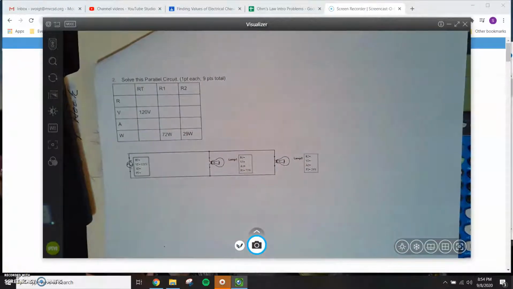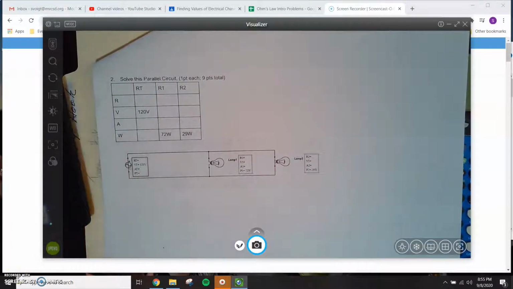All right, electricity class. This is a problem I wanted you to do as practice. It looks a little bit different than the other ones, but I was just wanting to see if you could do it based on the things that I've taught you. I hope so. So here's what you needed to do. If you hadn't noticed,